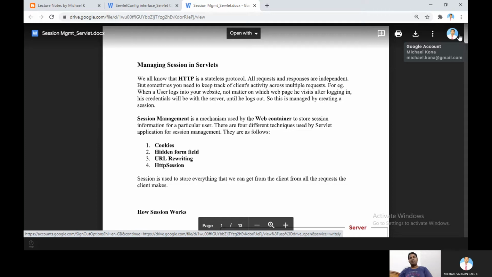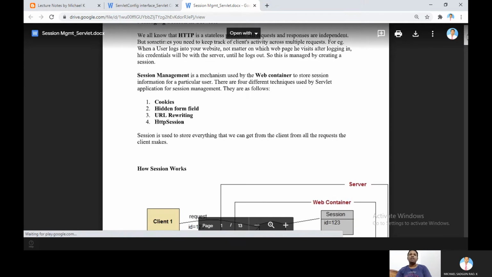Sometimes websites where we need much more security will expire the session within 10 minutes, or within 5 minutes, or within 2 minutes. IRCTC does that. Okay, now